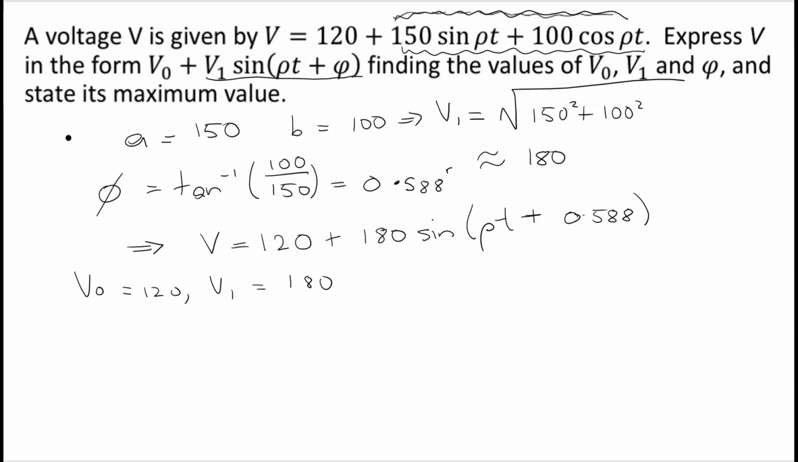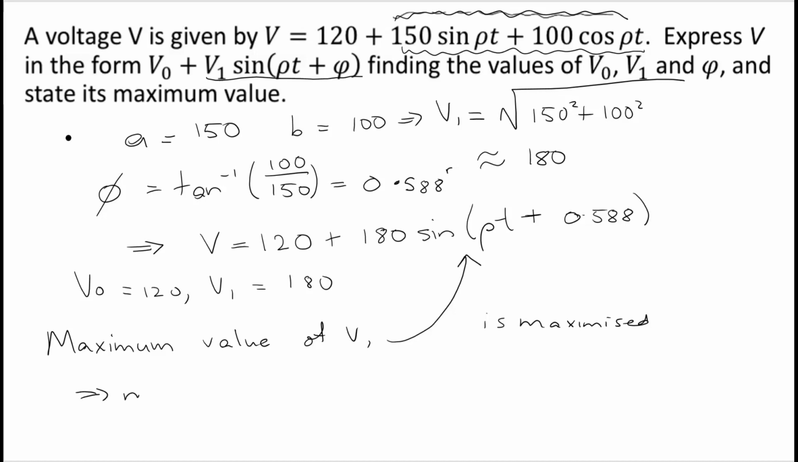Now the maximum value of v is going to be where the second part is maximized, because you can't change 120, so you must be looking to find the maximum value of the second part. And if you think about that, then the sine part of that is the only bit that you can change. 180 is 180, so the maximum